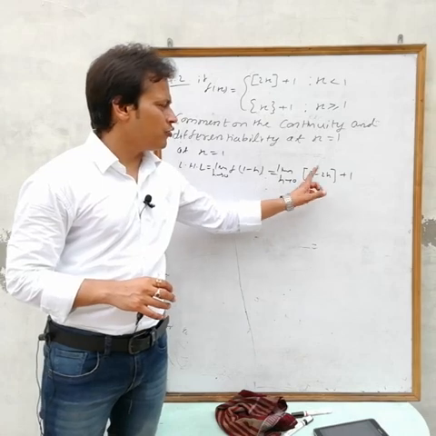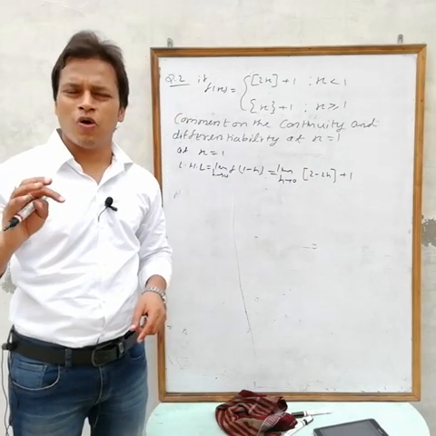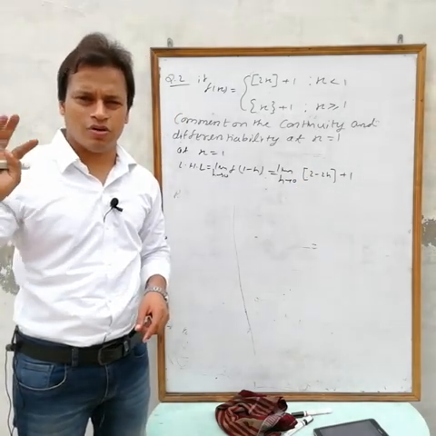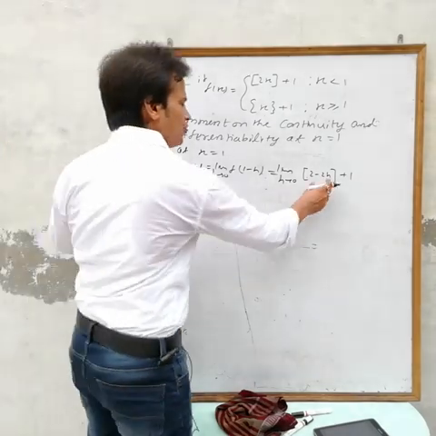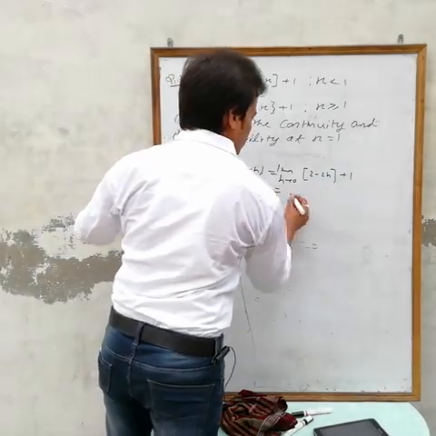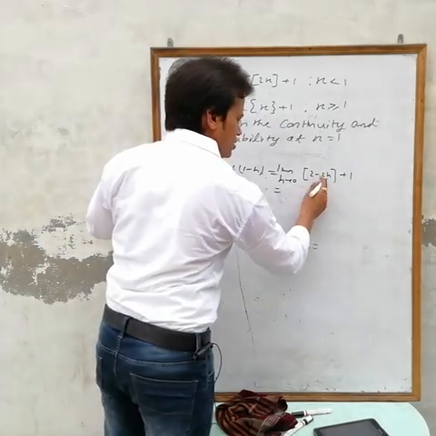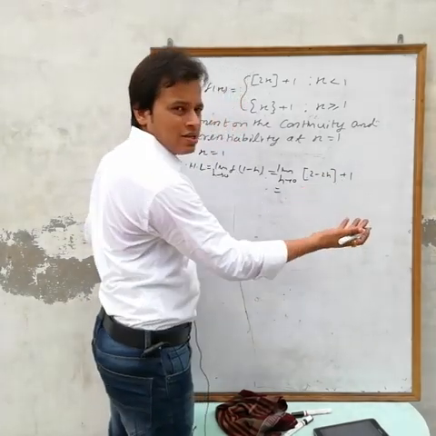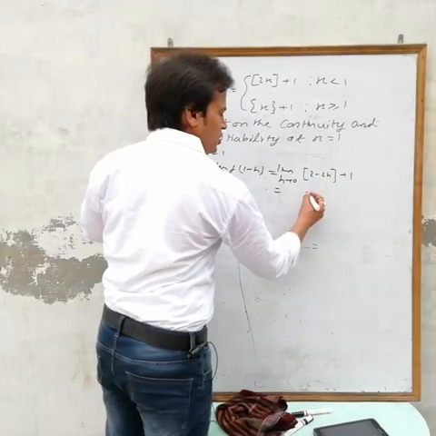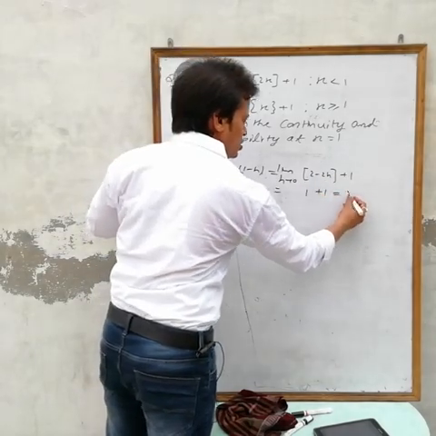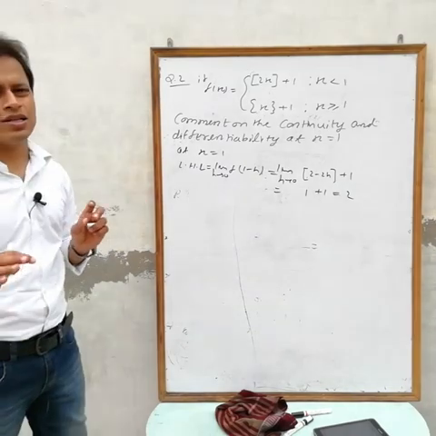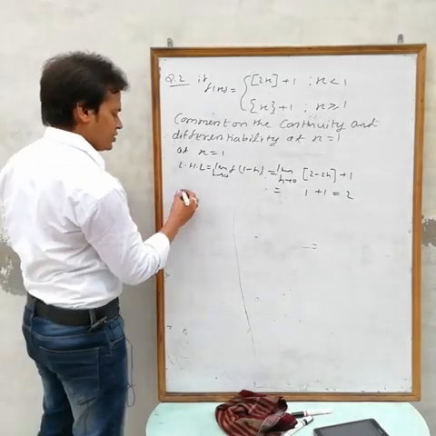Now see, 2 minus 2h, h is a very small positive value, like 0.0000 something, multiplied by 2 and subtracted from 2, then what will you get? You will get 1.999 something. Then the greatest integer of this is, this is less than 2. 2 minus something is less than 2. The greatest integer of less than 2 is 1, plus 1, that equals 2. So LHL is equal to 2. Now find RHL.